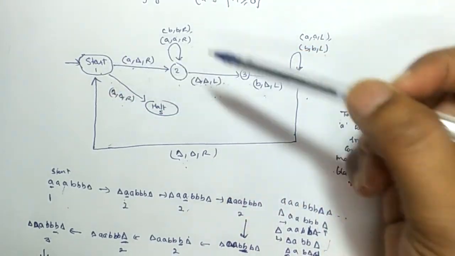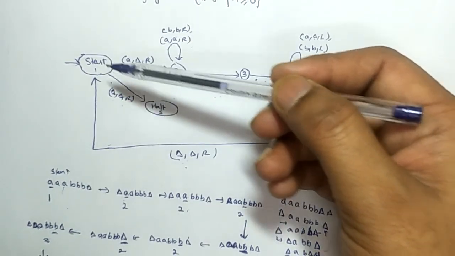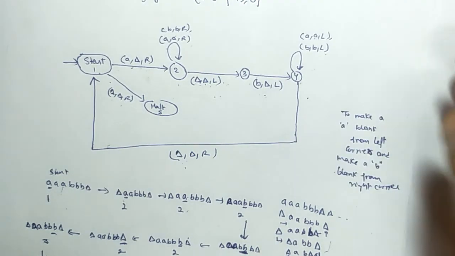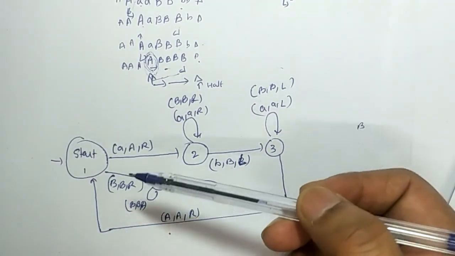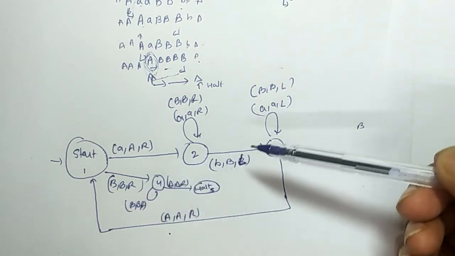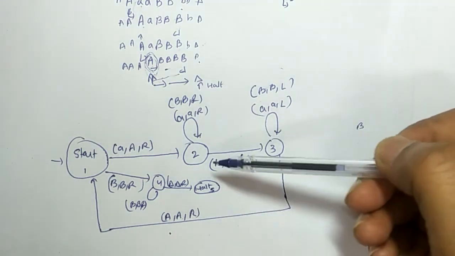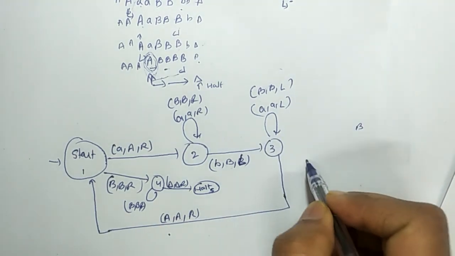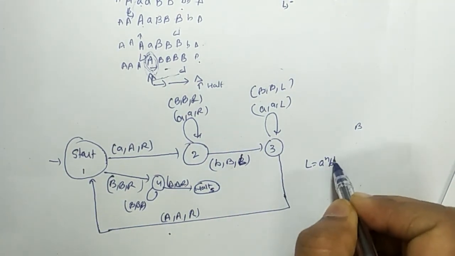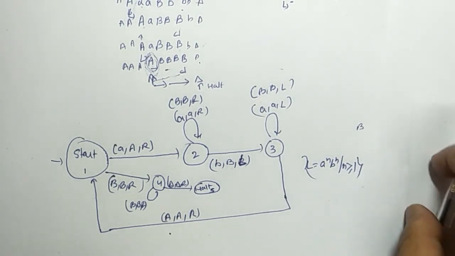You can reach it for n equal to 0 also, because for n equal to 0 there is no a and no b. From start you get a blank and reach the halt state. But in today's Turing machine, you are ensuring that there is a minimum of one, you get at least one capital B. It means that there was at least one small b and one small a earlier on the tape, which you changed to capital B and capital A. So it is for L equal to a^n b^n, n greater than or equal to 1. This is for today's lecture.